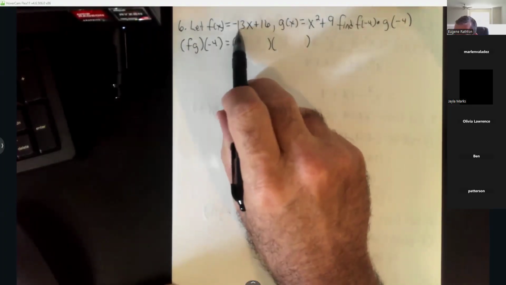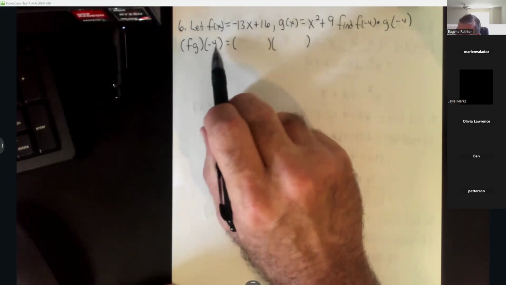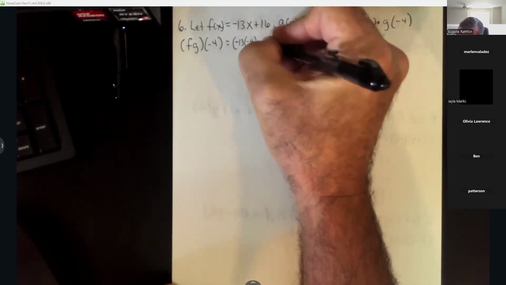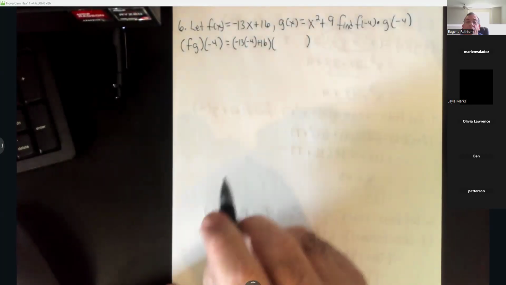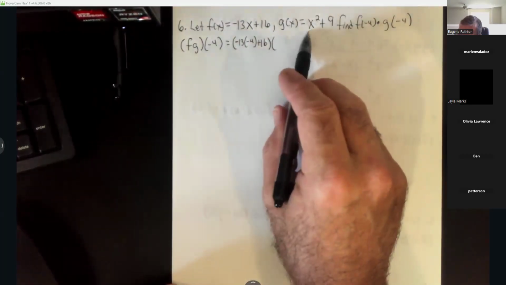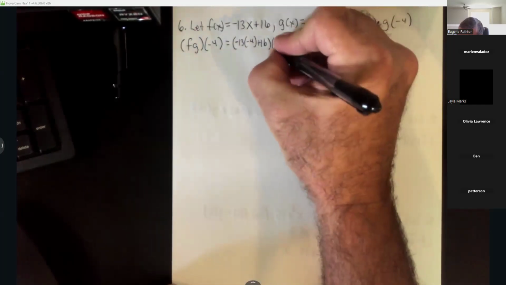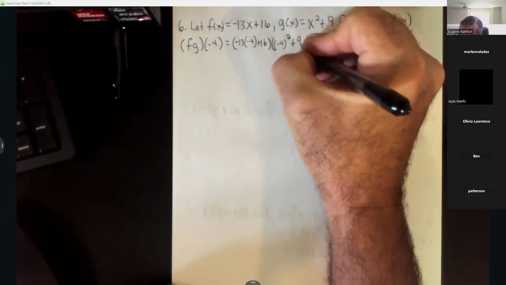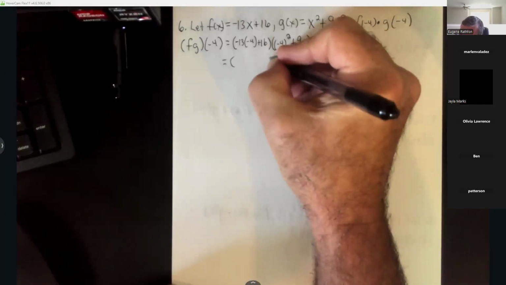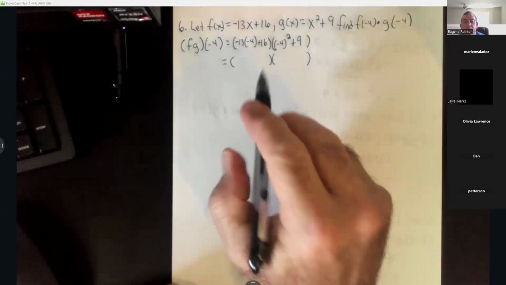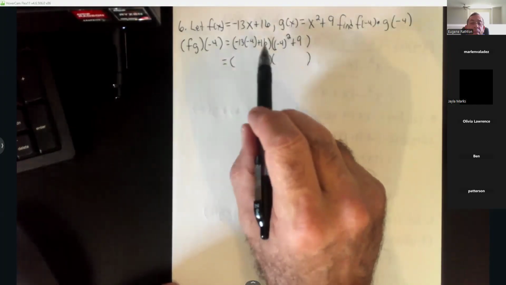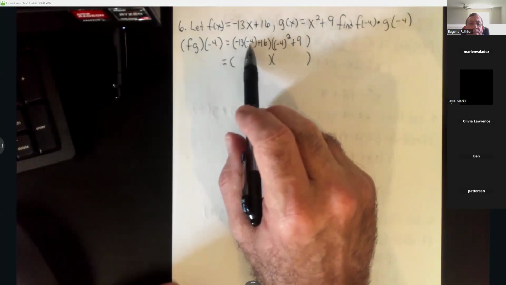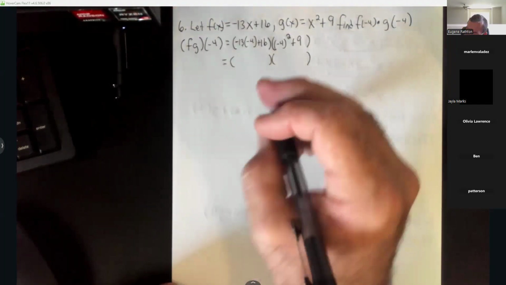All right, so let's see. For f, we got negative 13 times negative 4 plus our 16. For g, we got x squared. Remember, that's a negative 4, so I'm going to put it in its own parentheses, square it, and then add 9. So we got to work inside the parentheses first. So y'all multiply that for me. Negative 13 times negative 4. So what do y'all got? 52